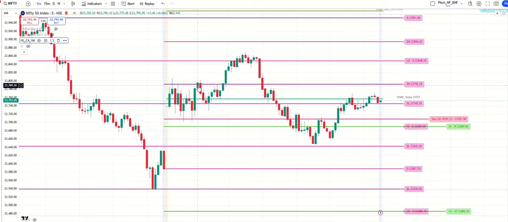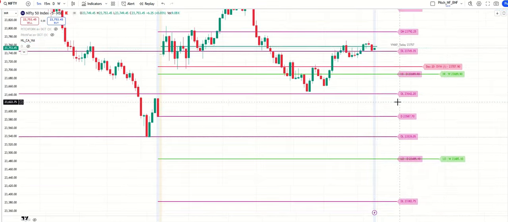And tomorrow there is no prediction. If the market opens somewhere above here, wait for the same first candle. Look at this weekly high level. If it opens here, don't go for PE at all because this definitely will act as a reversal. If it opens somewhere here, wait for this to cross over, for the PE or CE, this side or this side.